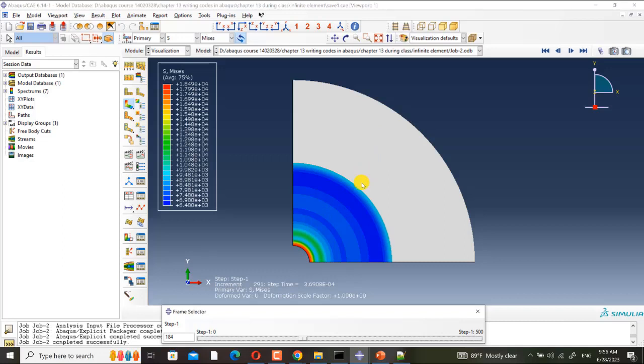their energy is absorbed because we don't apply energy again. Please notice this value, it is decreasing, it is decreasing, it is decreasing. And if I continue the simulation, after some time it is near zero.